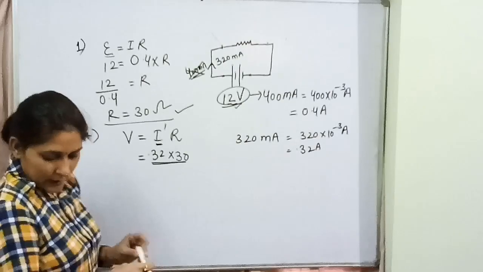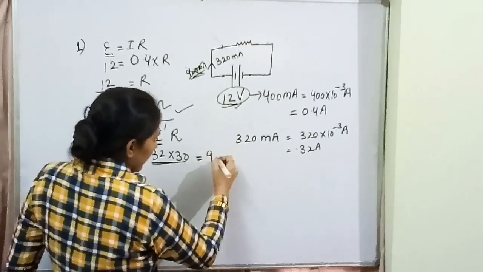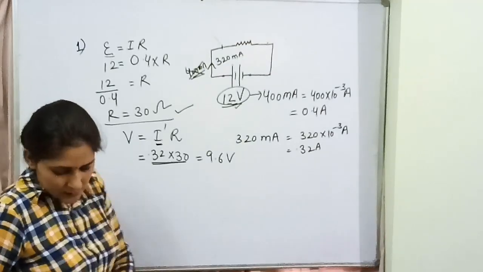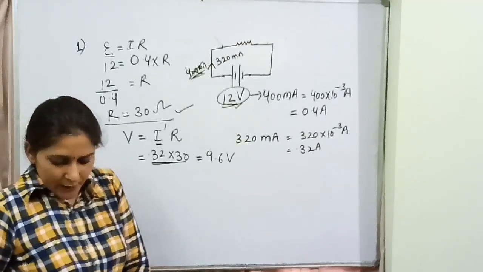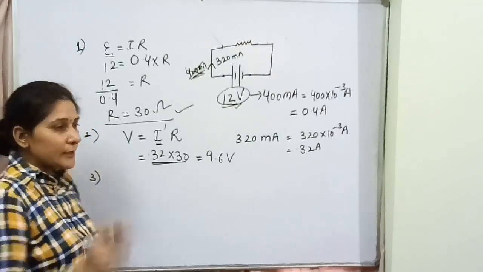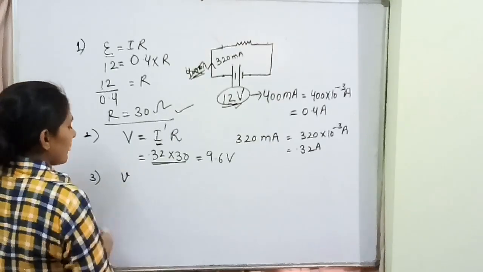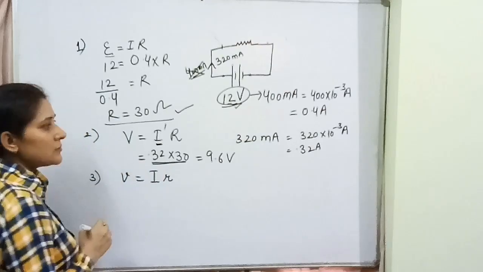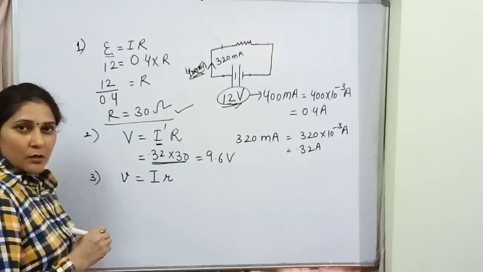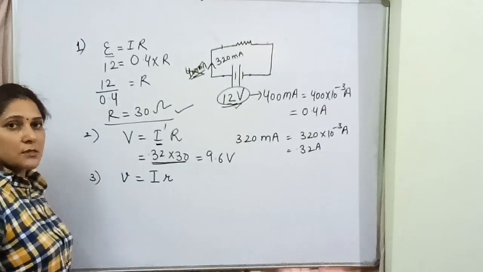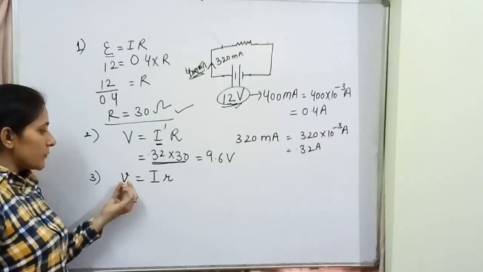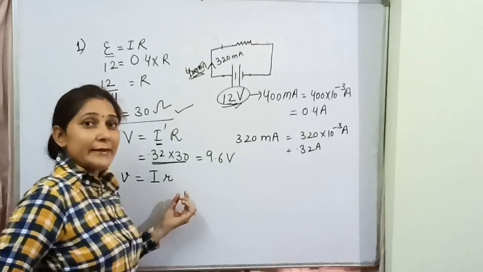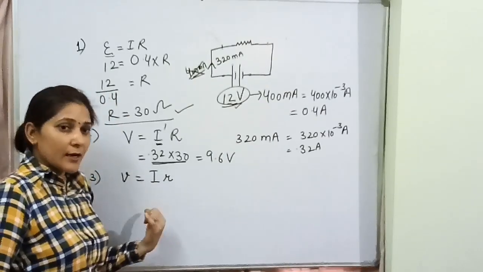Okay, next one is when you solve it you can get it 9.6 volt. Next part what they are saying is that is the voltage drop. You need to find out voltage drop is what? Voltage drop small v, that is given by I into internal resistance. Okay, are you aware about this internal resistance? Yes, voltage drop is the potential drop because of internal resistance, and we did it in our last video.